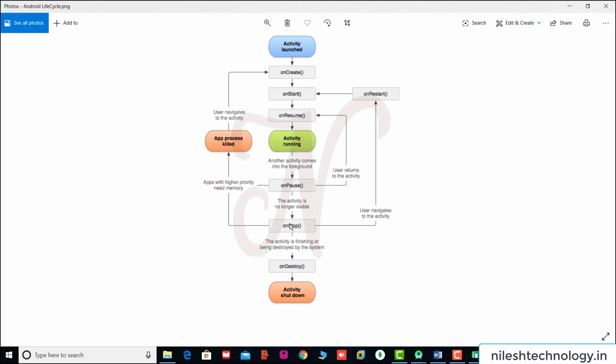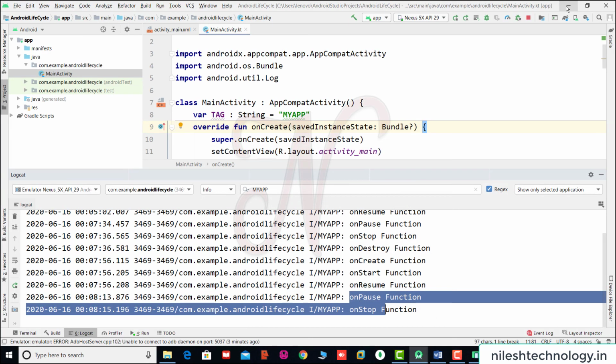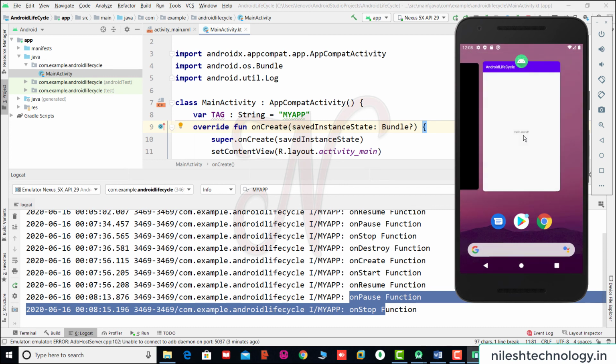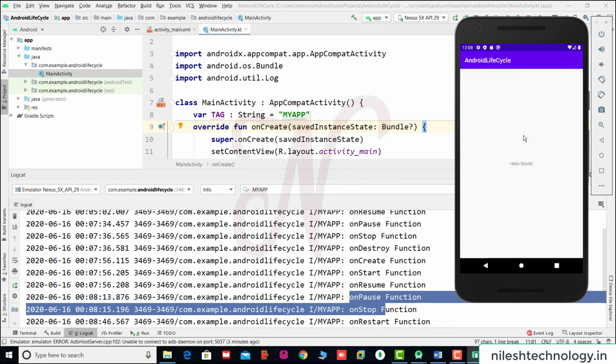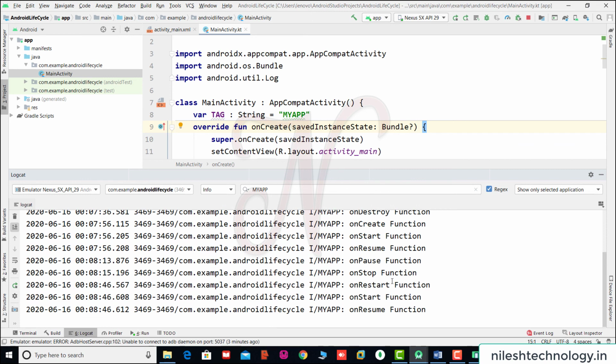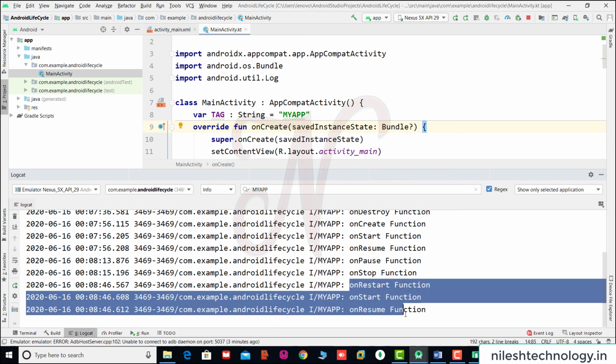Again when I click this activity, it goes to start again. See here, going to this emulator, click this button. So this is your activity. Now click this activity. Again see which functions are running: onRestart, onStart and onResume.